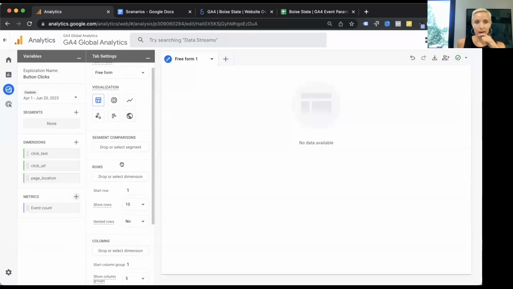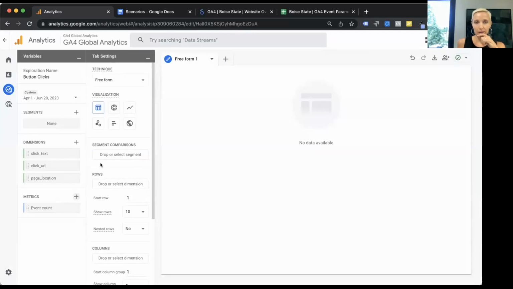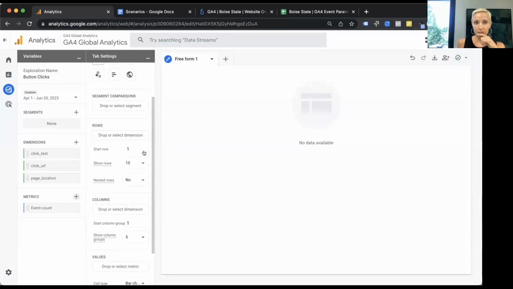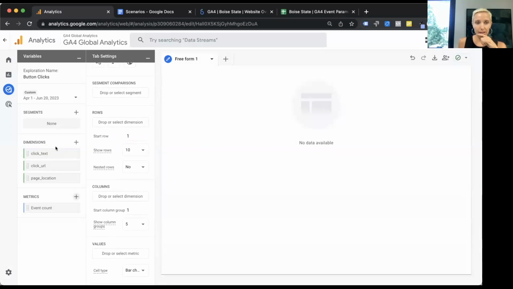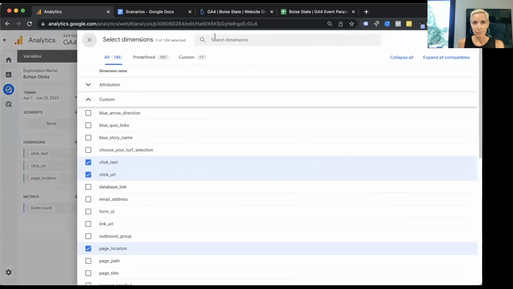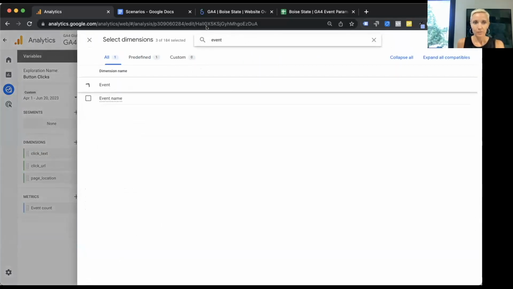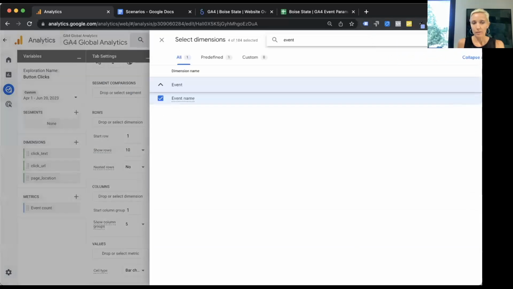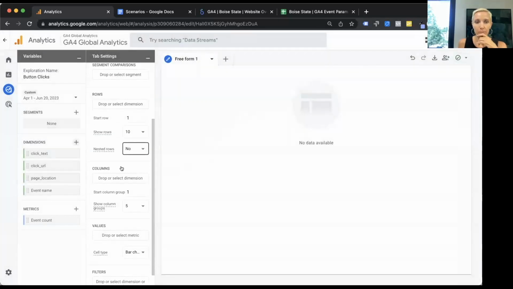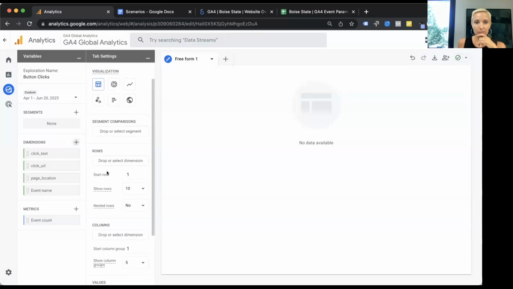So now I have what I want in my report, and now I need to create the actual visualization. So I'm going to start by adding, actually, you know what? I need event name in here too, because I only want button clicks. Okay, so I'm going to start by dragging.